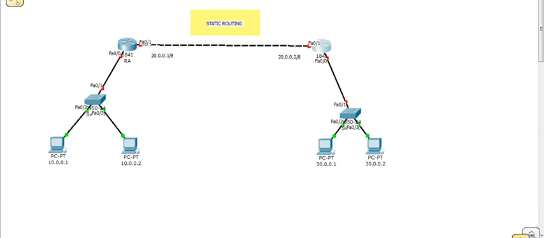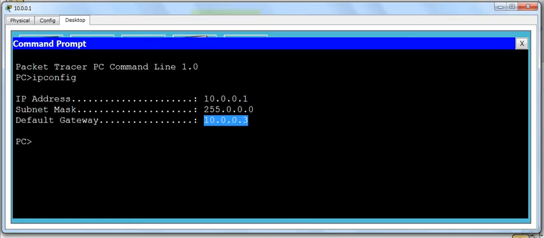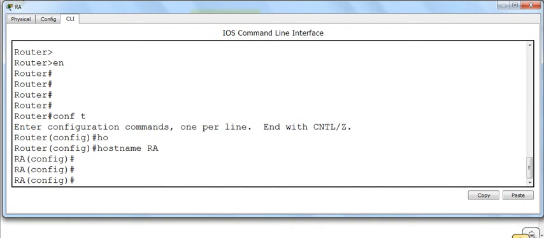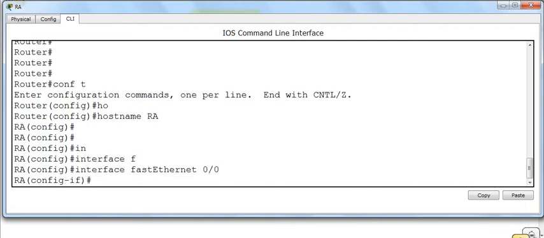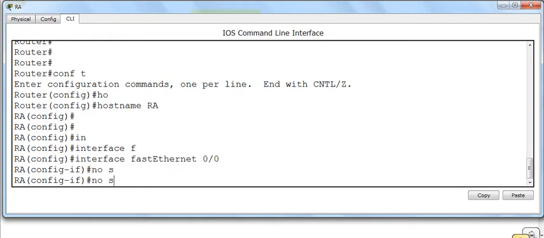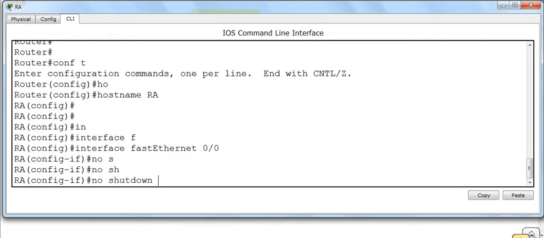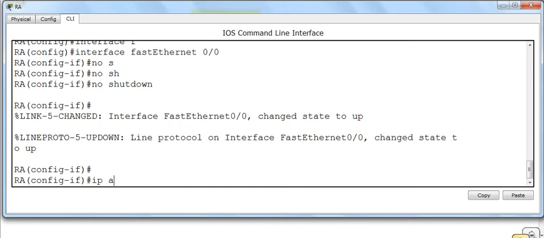On 0/0, as we discussed, our gateway is going to be 10.0.0.3. So let me give an IP address on interface FastEthernet 0/0. We know it will be logically down, so we say no shutdown, and then we give the ip address command followed by the address and subnet mask.